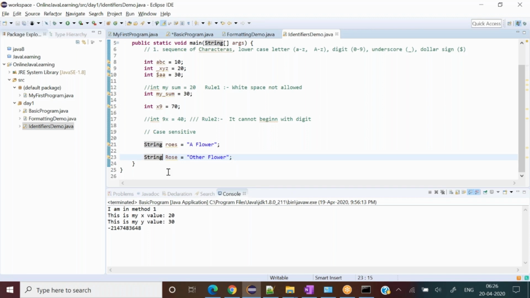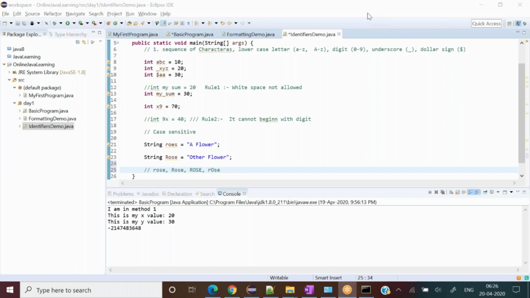So it would be treated as a different variable. It would not consider both variables similar. So rose is different from Rose. These are all valid, perfect, different variables. We can write Rose, we can even write R O S E. All these things would be treated as different variables altogether, a different space in the memory, not the same space in the memory. Did you get my point?